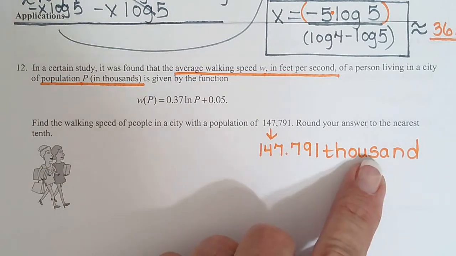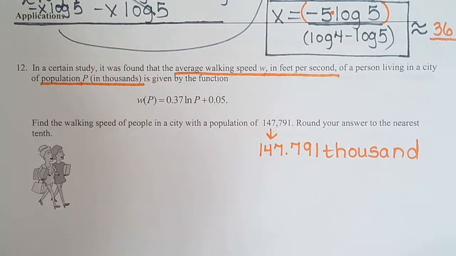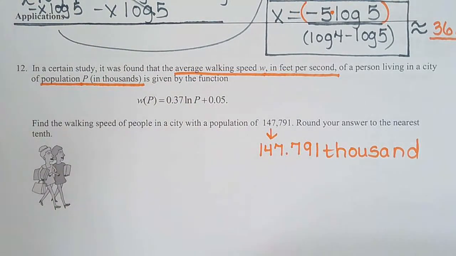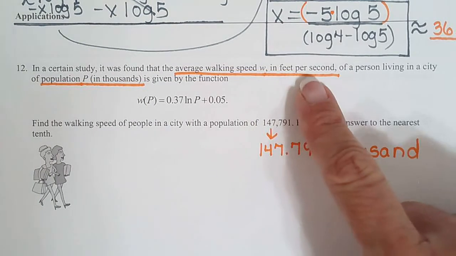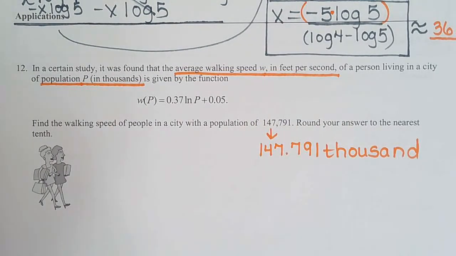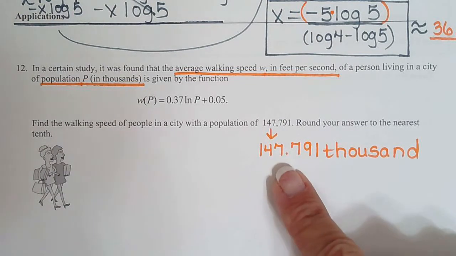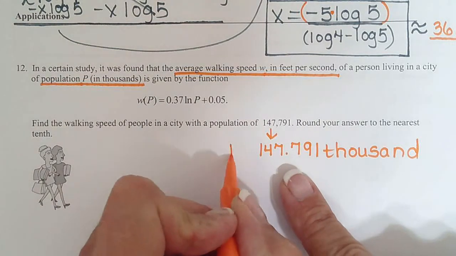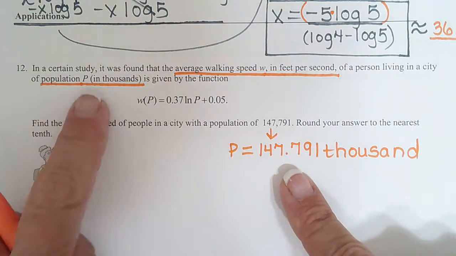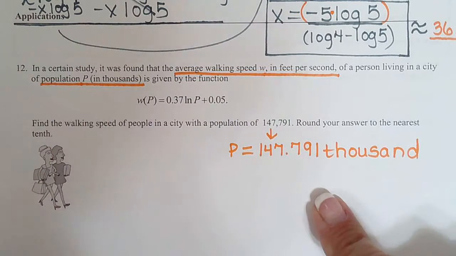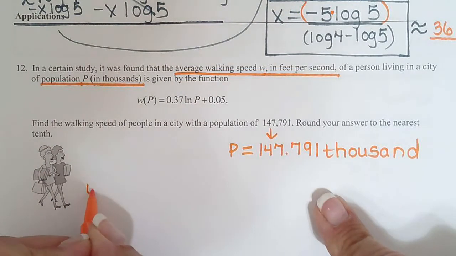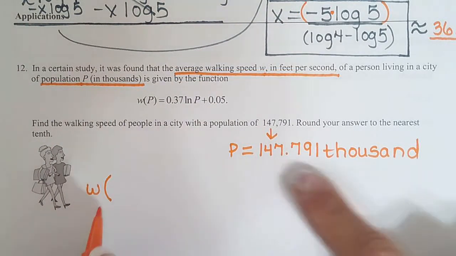147.791 thousand. So now we have walking speed is in feet per second. And population, we already said, is in thousands. So find the walking speed of people in this city. So this is our P, because P is population. So we'd write W of